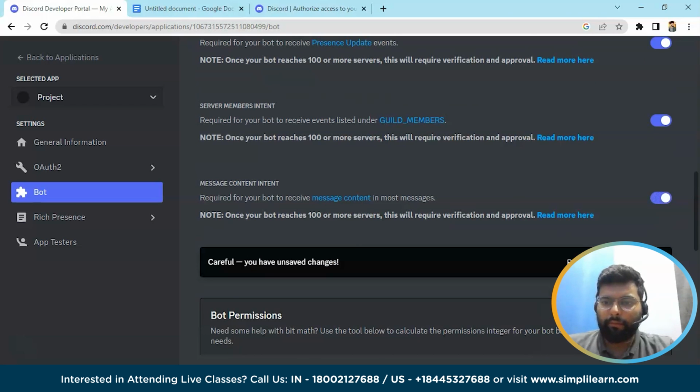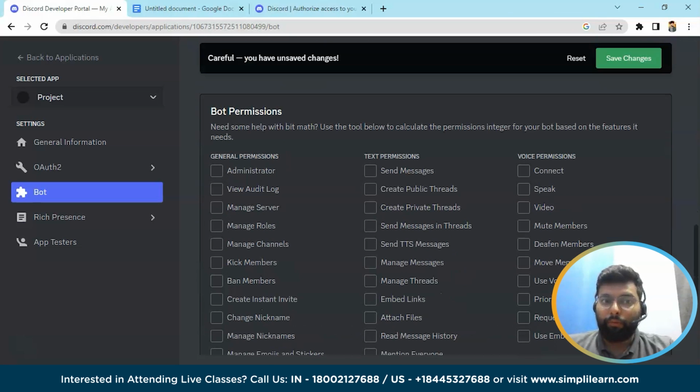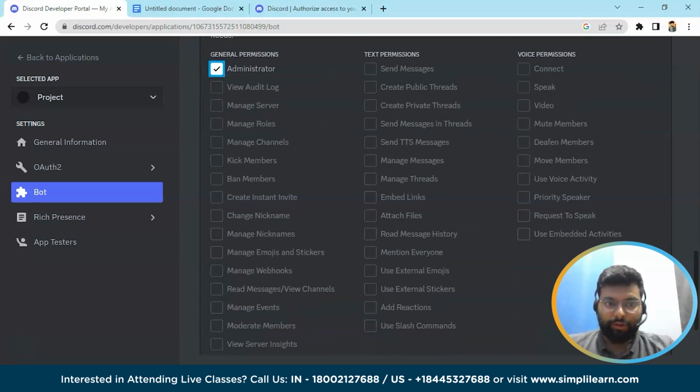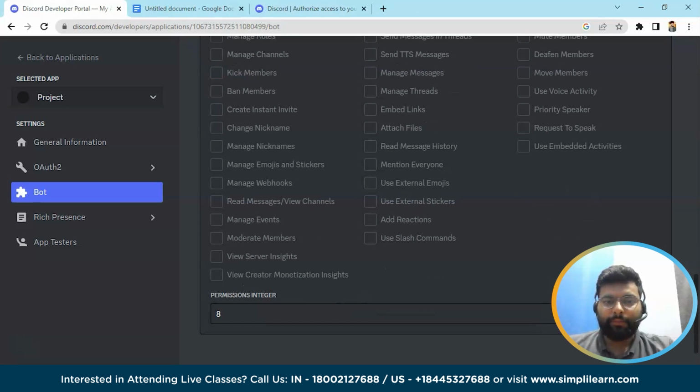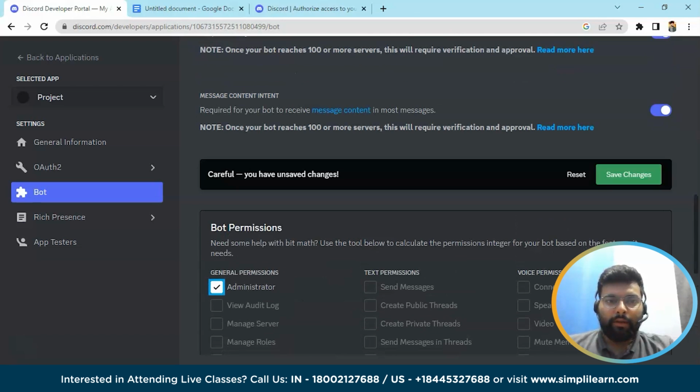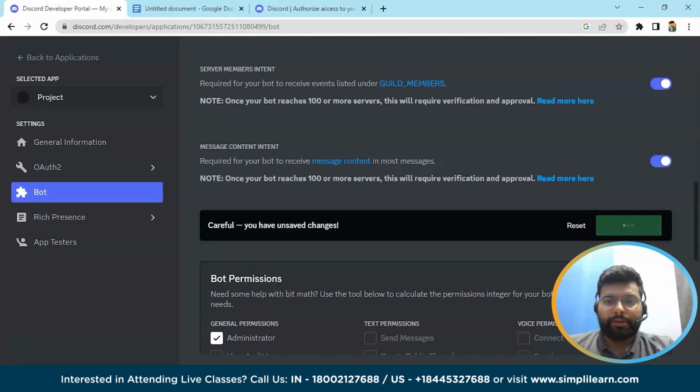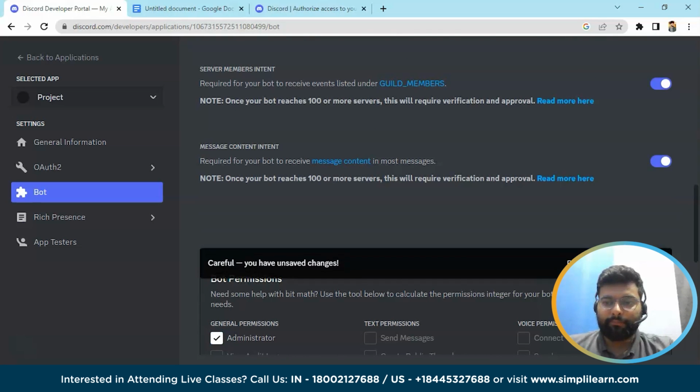Okay, we will give all the permissions as we would be creating the music bot also. So for that we would be requiring the administrator permissions. And that is all these permissions: send messages, create private threads, attach files, so all that. So here we'll save the changes